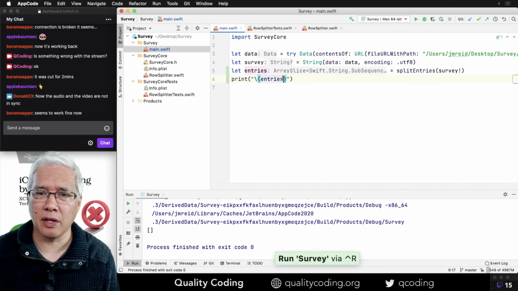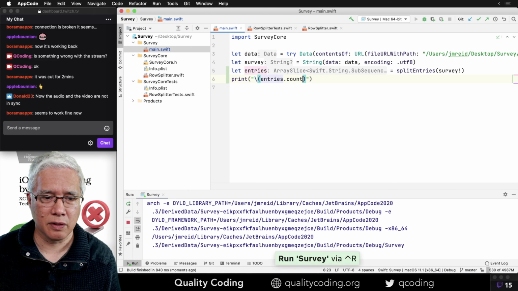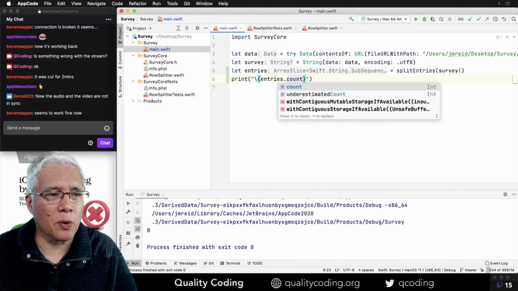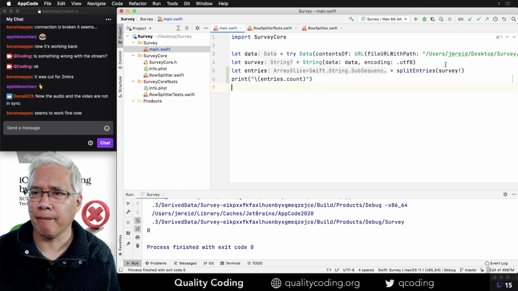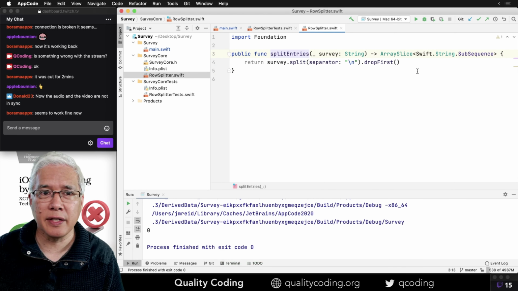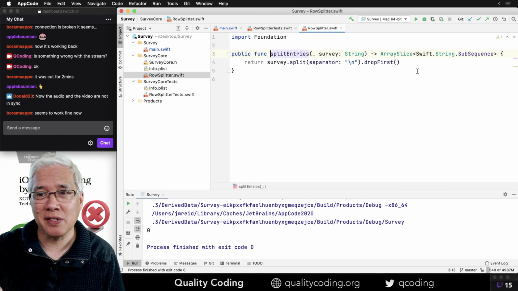No. What's the entries? Zero. What the heck? Something is horrible with split entries. Why? Any ideas out there? So you see the type is kind of funky. Maybe I need to convert it from a slice of subsequences into an actual array of strings?